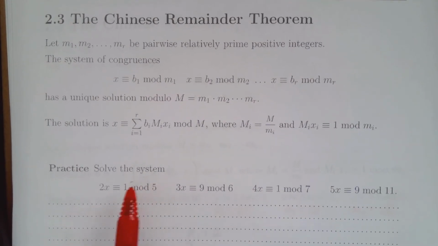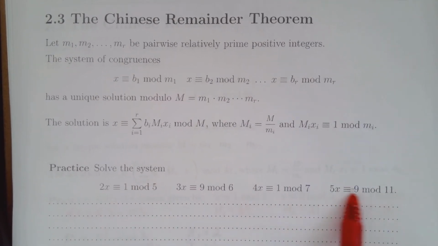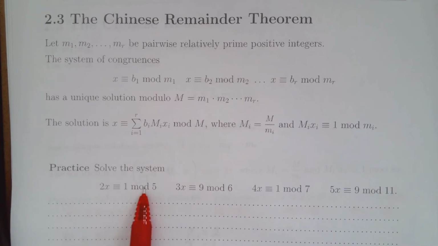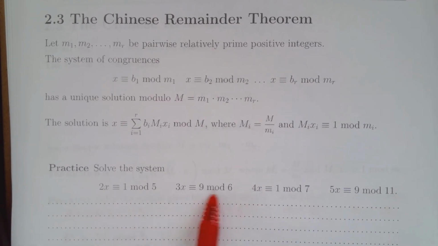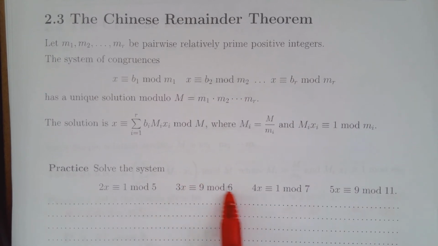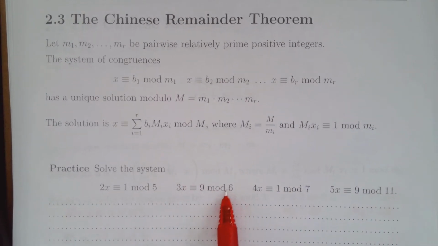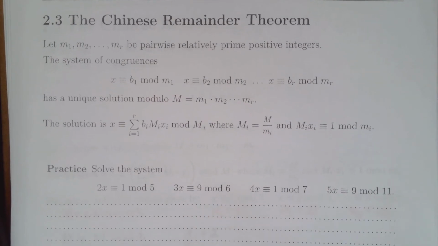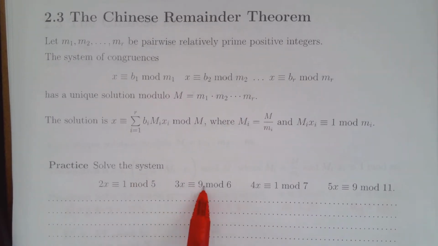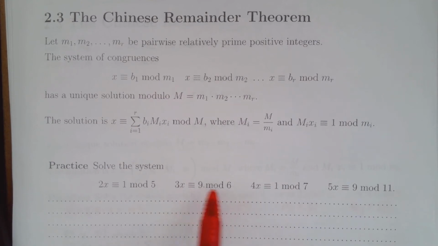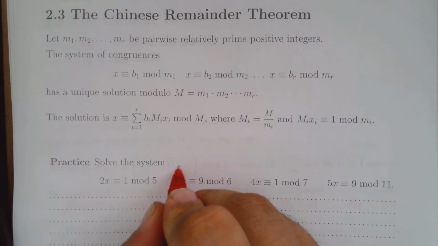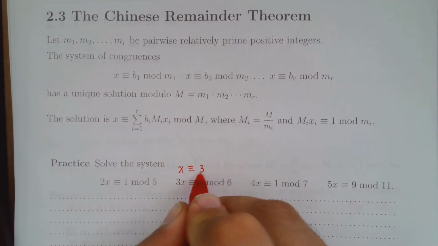The first thing to always check is, do I have a greatest common divisor involving all three of the terms in my congruence? Over here, 2, 1, and 5, no. 3, 6, 3, 9, and 6, I do have that, if I divide everything by 3,